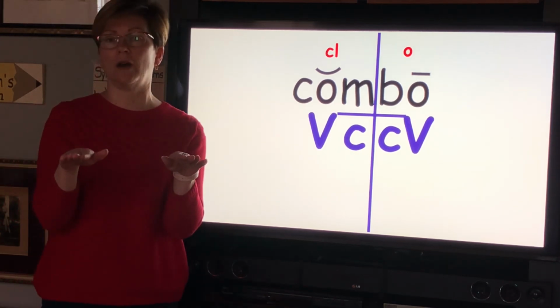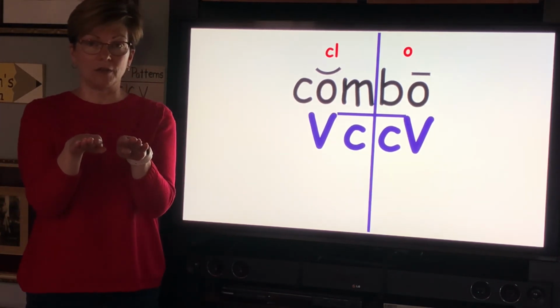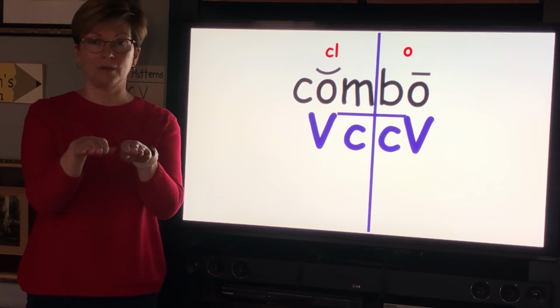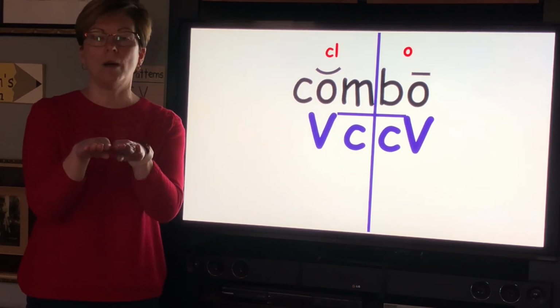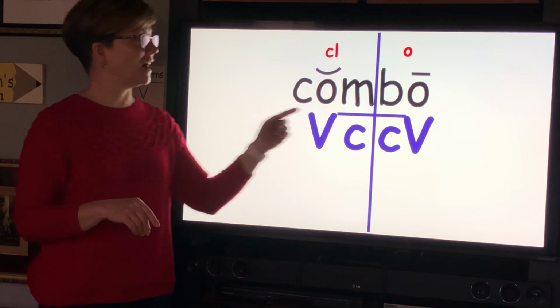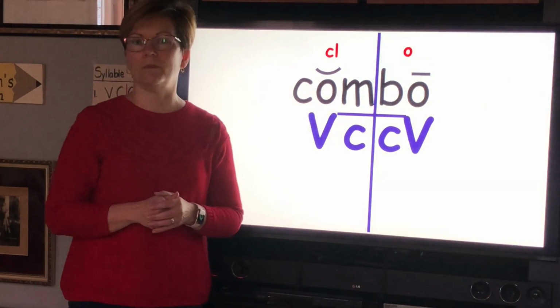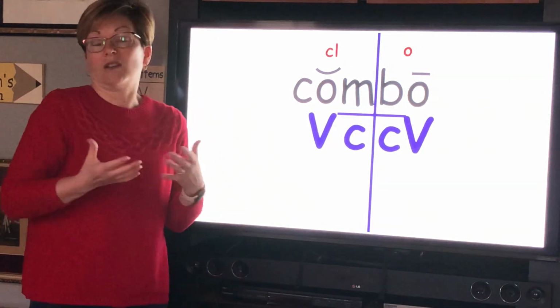Combo, and I do it slow. Then I move my hands in a little closer. Combo, and then I go really fast. Combo. A combo. If you go to McDonald's or Wendy's, sometimes you get your hamburger and your fries and